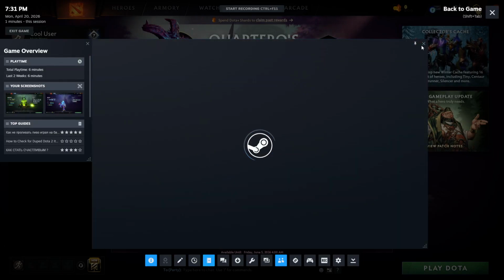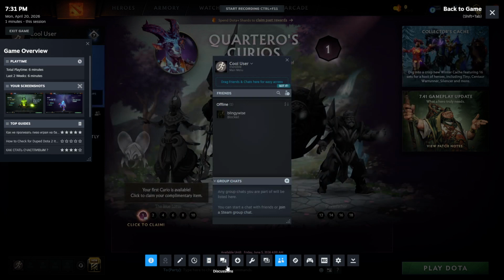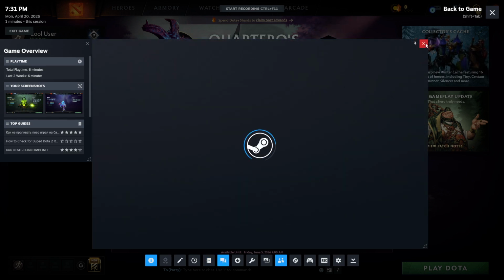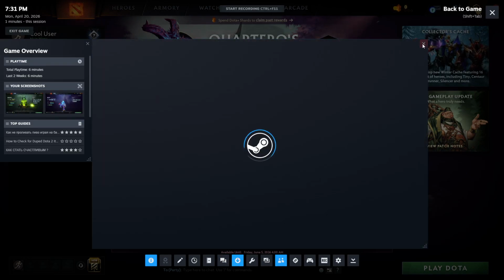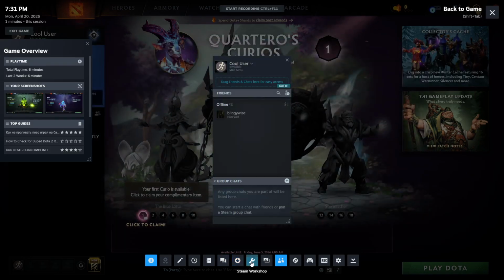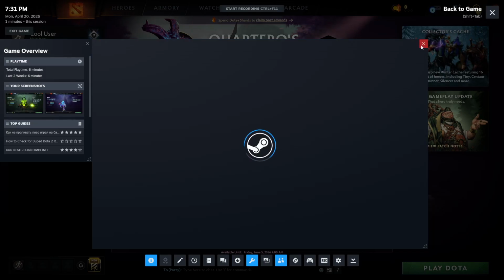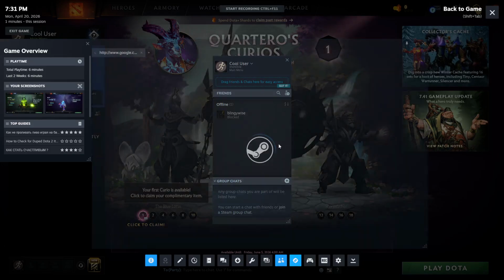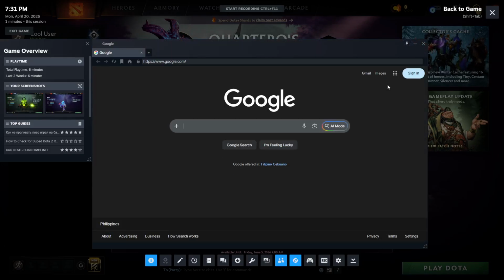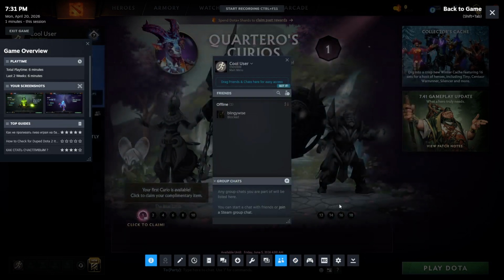to search. You can check your achievements and see your progress in real time, which is great if you're chasing a specific milestone. Notes are available too, letting you jot down reminders, codes, or a to-do list and keep them handy. Screenshots are supported through the overlay, making it easy to capture moments and review them on the spot. And if you're stuck, you can open player-made guides right there, so help is always just a couple of clicks away.